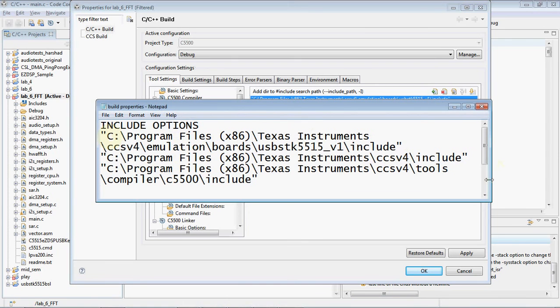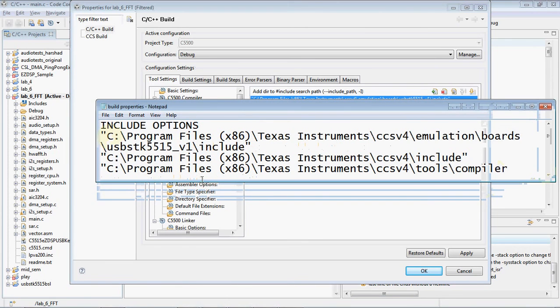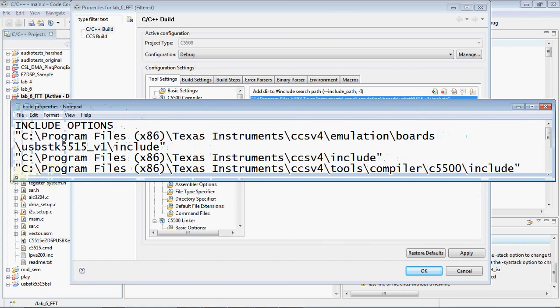The C:\Program Files path may change for your PC, but from here onwards it should be the same. Texas Instruments, simulation boards, include, then after that the include folder, which is available directly in the CCS version 4 folder, and so on. The last thing you need to add is the compiler folder, tools, compiler, 5500 series, and include that folder also. In some functions the header files from this particular folder are required.